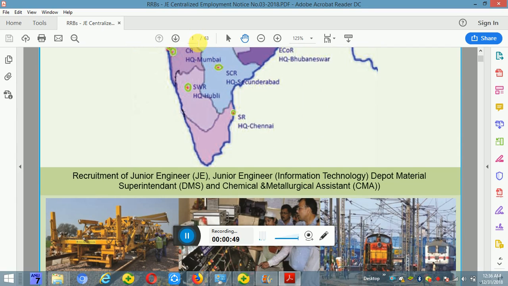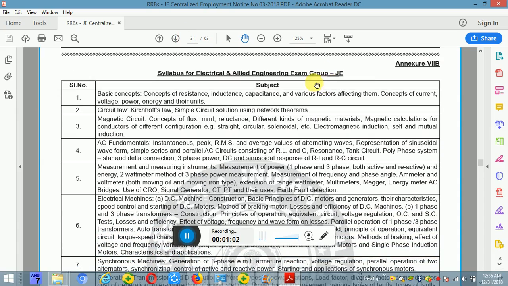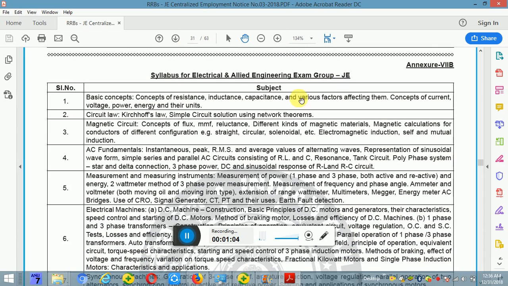So there are three trades mainly. First one is civil, electrical and computers, and today we are going to discuss the syllabus of electrical and allied engineering groups. It means electrical and electronics. Some of the groups are related with electrical. So for all these groups